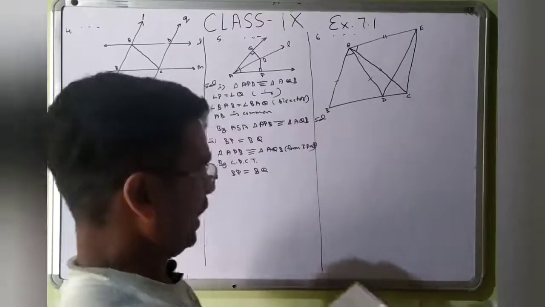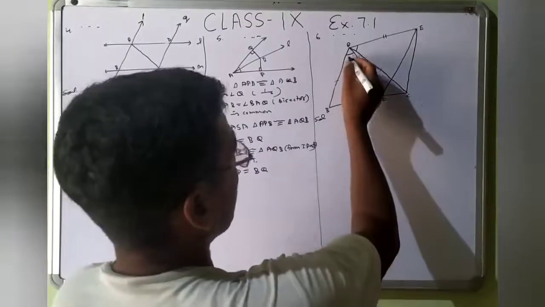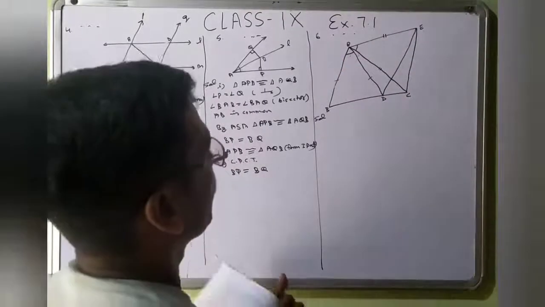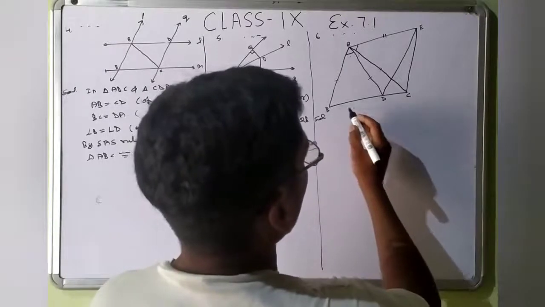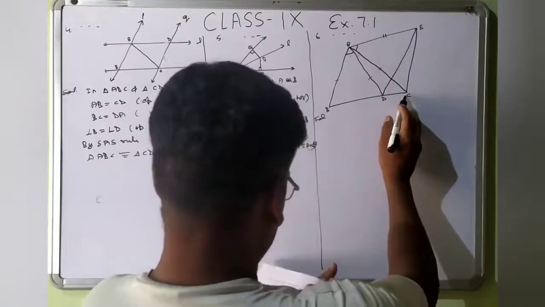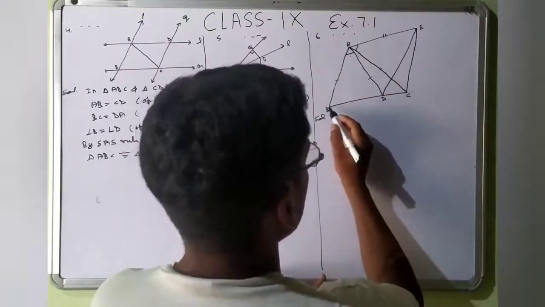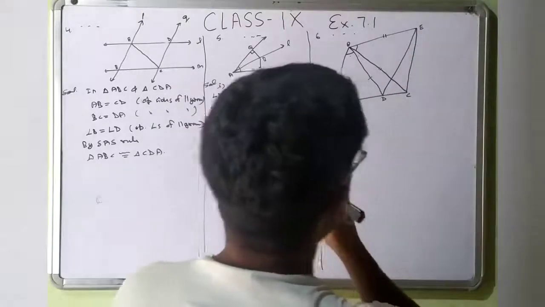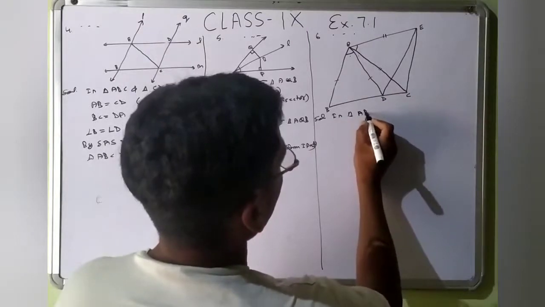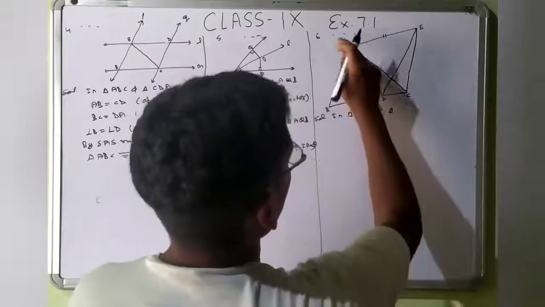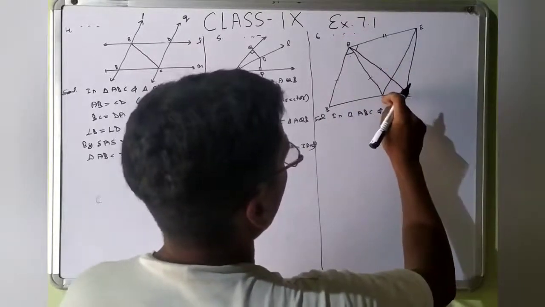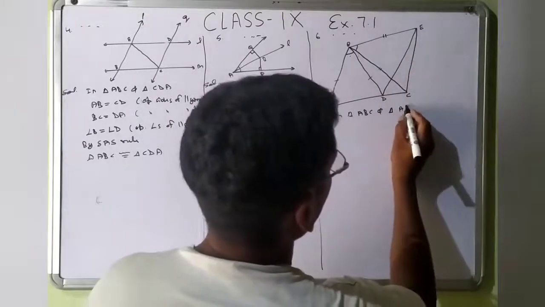And angle BAD and EAC, this angle and this angle is also given equal, so that BC is equal to DE. We need to prove BC is equal to DE. DE, it means this and this. Okay. So in triangle ABC and triangle ADE,